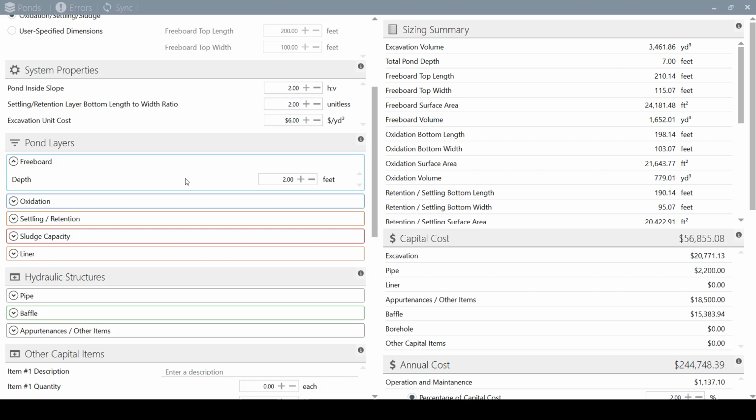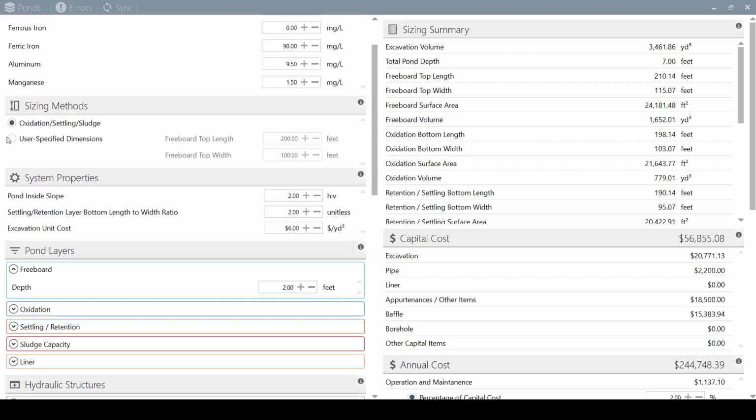We would typically select to specify the freeboard top length and width dimension in feet where the pond is an existing feature and where we would want to know the dimensions or where the land area available at the site is limited and the size of the pond must be constrained accordingly. Please note that if we decide to manually enter the freeboard top length and width dimensions as the sizing option, the depths of each layer are still able to be manipulated, but the bottom length to width ratio in the